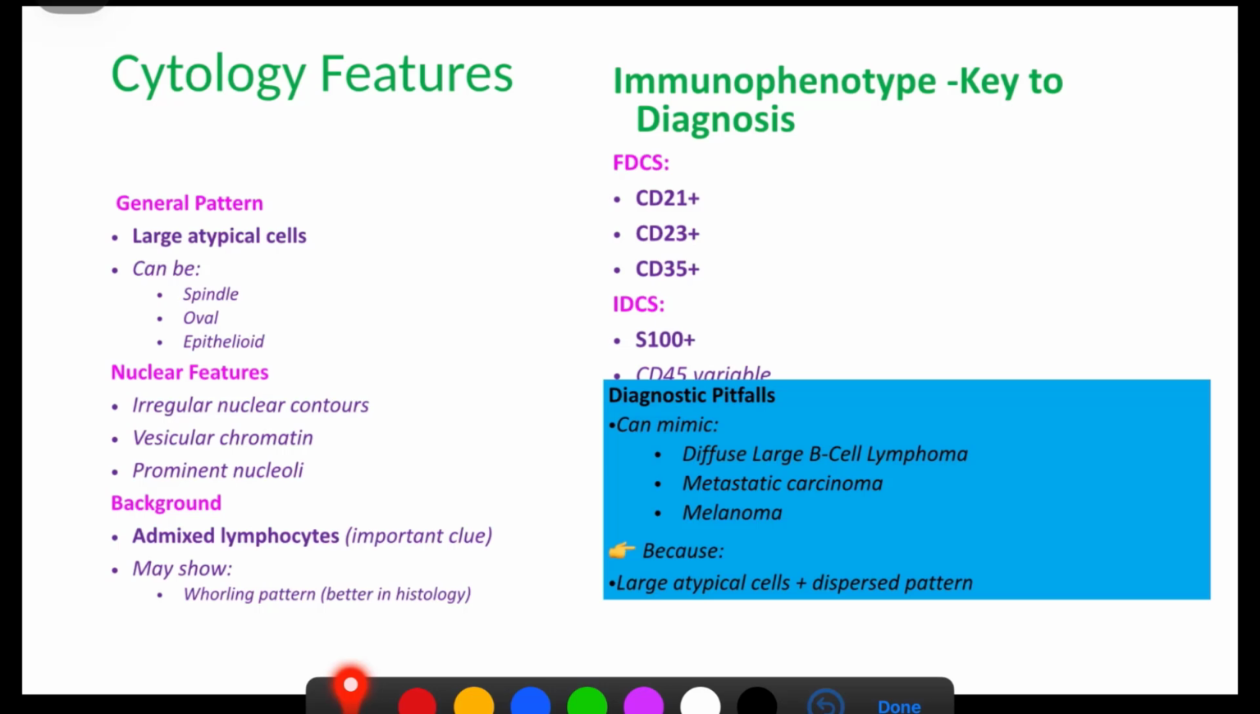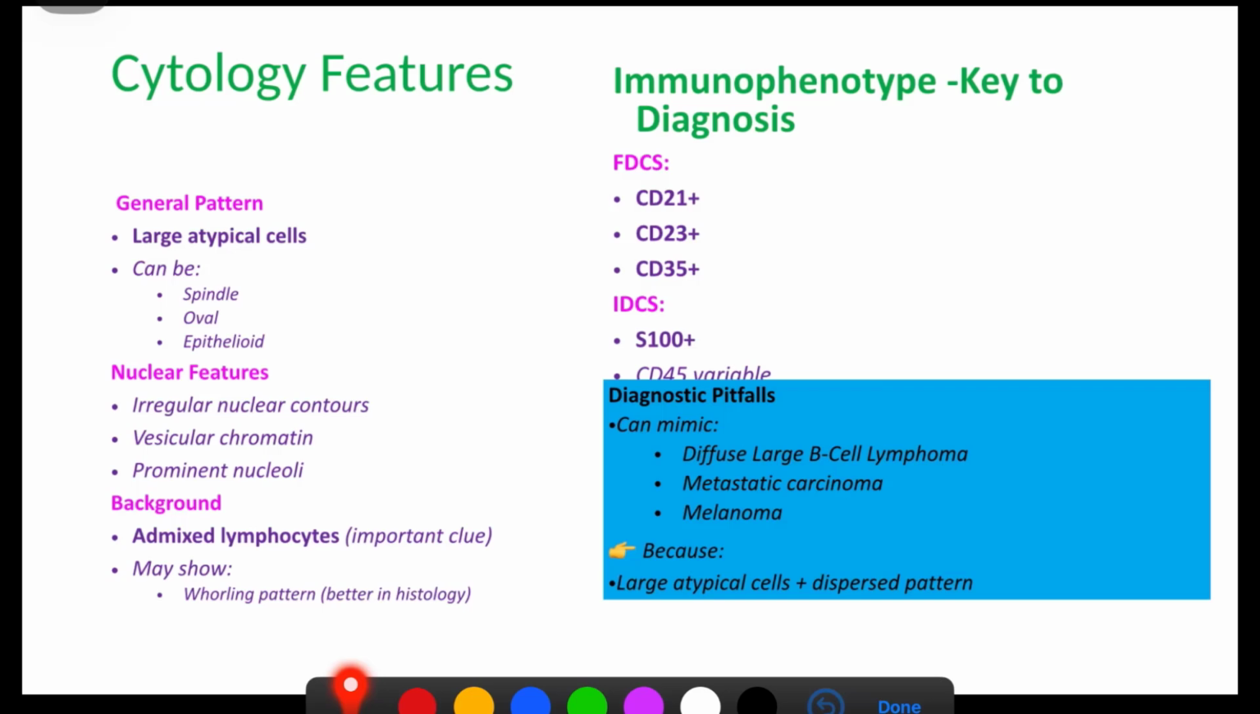The general pattern shows large atypical cells, which can be spindle or epithelioid type. Nuclei show irregular nuclear contour, vesicular chromatin, prominent nucleoli, and the background shows an admixture of lymphocytes. Sometimes there is a whirling pattern, which is diagnostic on H&E section. On immunophenotype, FDCs are positive for CD21, CD30, CD23 and CD35, whereas S100 positivity is seen in IDCS, and